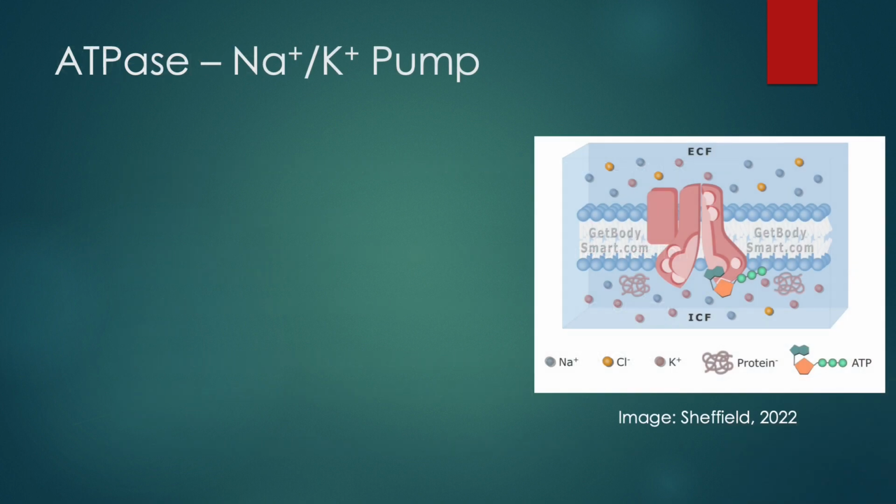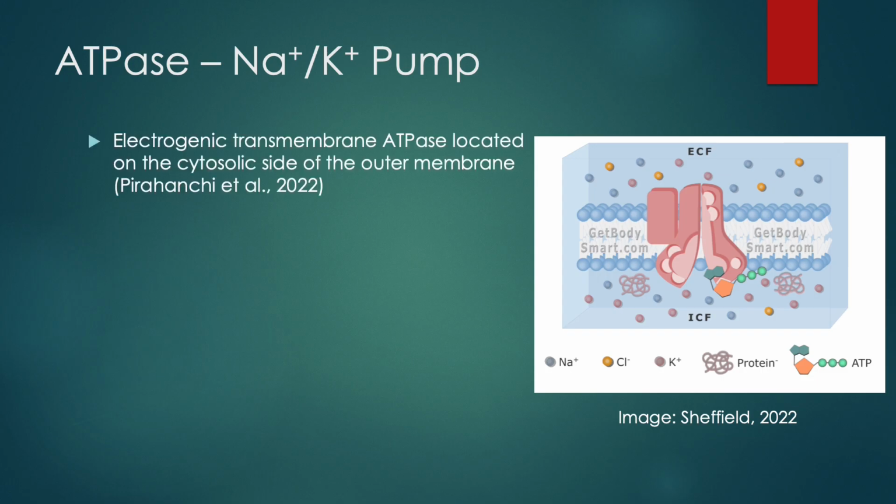ATPase, or sodium-potassium pump, is an electrogenic transmembrane ATPase. It's located on the cytosolic side of the outer membrane, and the pump is driven by ATP. This is not going to work with diffusion, but we're going to create an electrochemical gradient by pumping ions against their gradient. So ATP